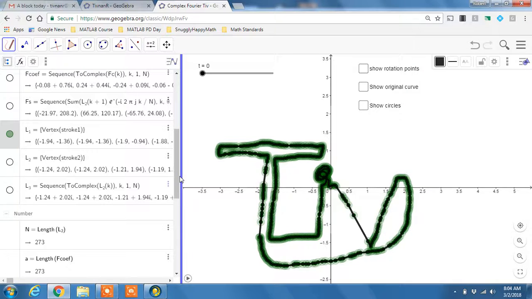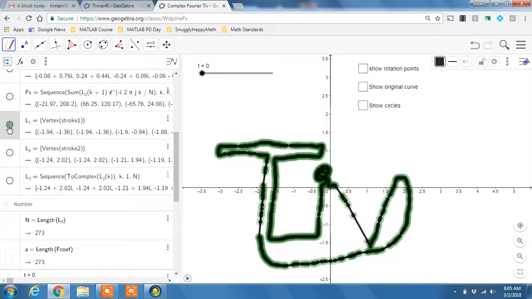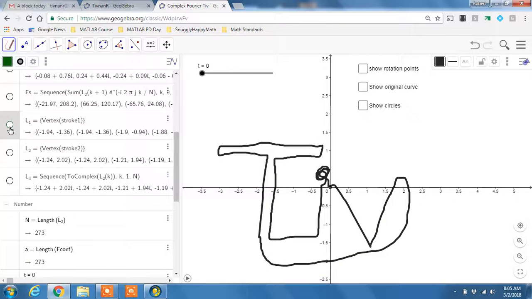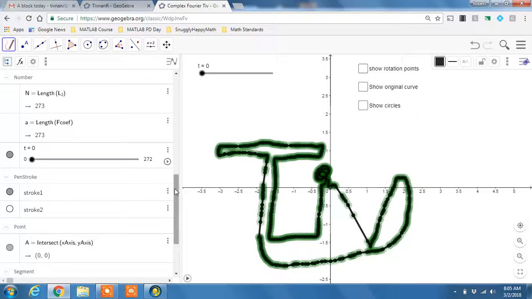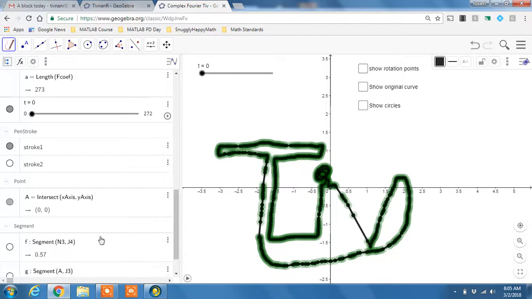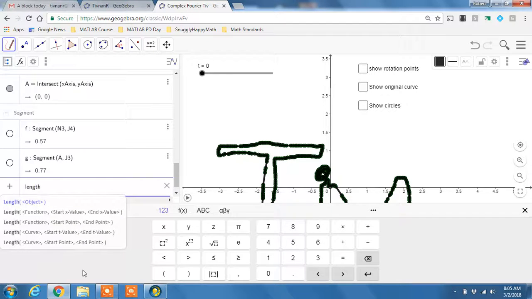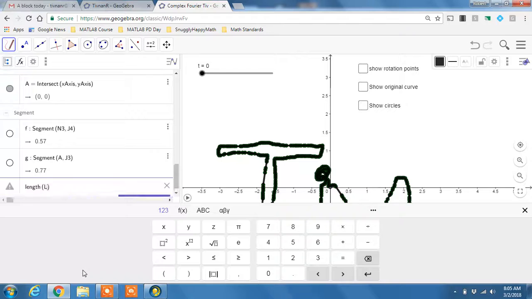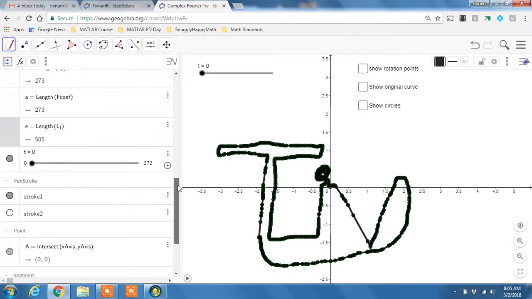So this is the next step. You will want to, well, we're probably not going to do that step now. I'll save that for another video. Right now, I would like you to be able to create those curves in GeoGebra, create the list of points, and oh yeah, the last thing is maybe just see how many points there were. So you type in length, and again it was L1. If you go back and look at the list, and it should have put in the number of, yeah, right here,